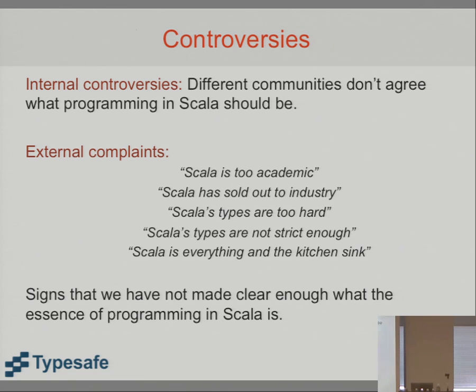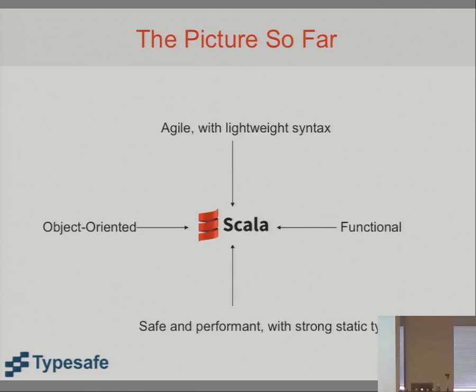So far, when I've given a Scala talk, I've always had this picture to say, well, Scala is a unifier. It's a scalable language that is both agile with a lightweight syntax, and you can scale it up to very, very large systems indeed. So Twitter has, are you allowed to say how many lines of code are in production in Twitter? Person from Twitter here. Last I heard it was more than 4 million, something like that. Okay, so